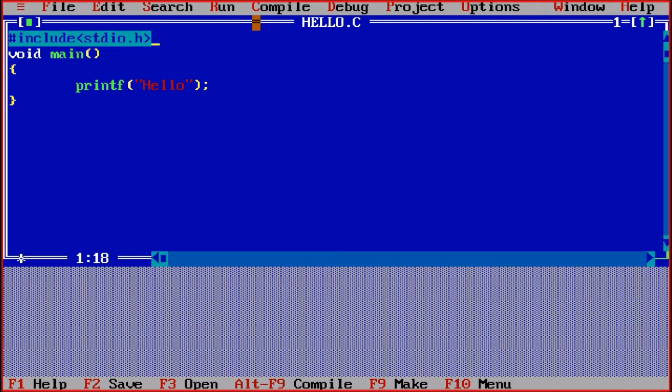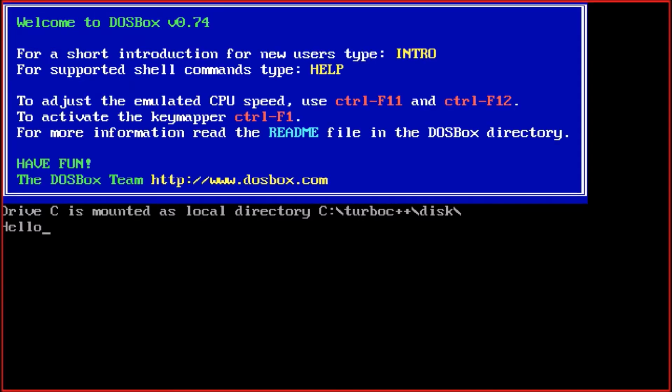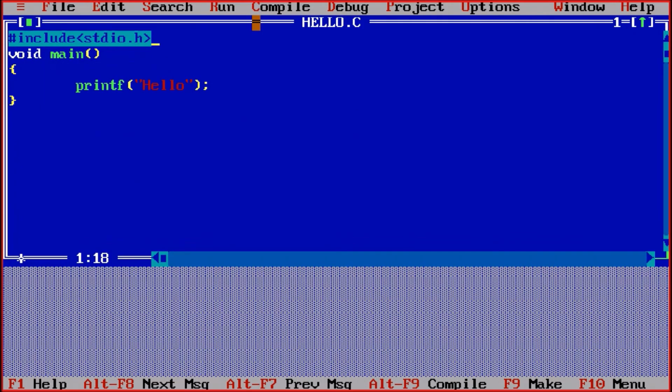So when I press Ctrl F9, this program will compile. If I press Alt F5, now you can see that this hello is printed on the screen. Now there are two steps which I am following. One is Ctrl F9 and the second one is Alt F5. So once you press Ctrl F9, your program is compiled and output is there on the output window, but we cannot see the output window. To see the output window, we press Alt F5.